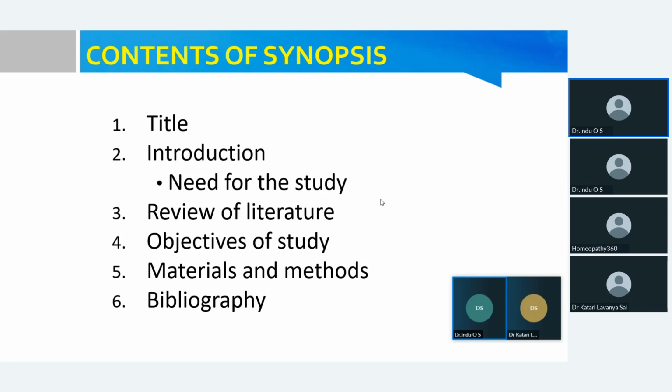So it's not like that. The review of literature should contain the details of your topic and what all researchers have done in the area of your topic from the last few years to the present moment. It should include all the relevant available data about your research topic or your research question.